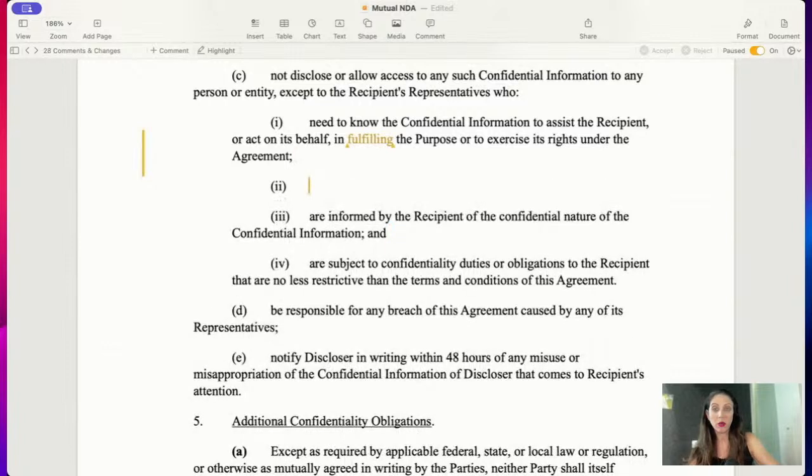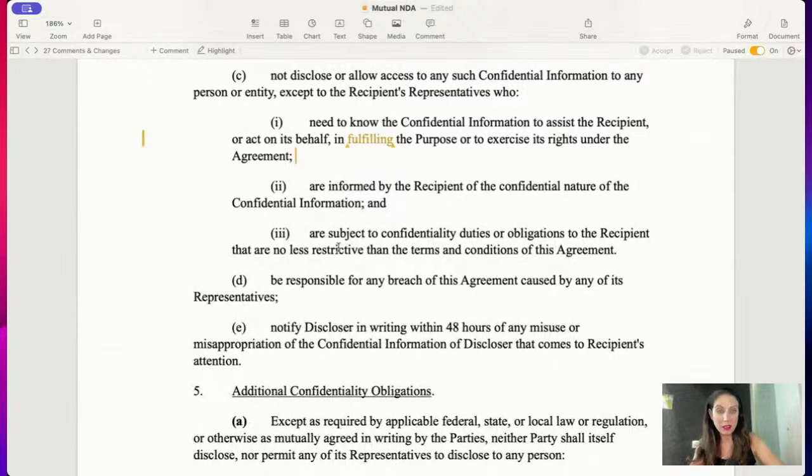I'm actually going to go one more. I'm going to throw one more in here. Such recipient, except to the person who, for drafting purposes,